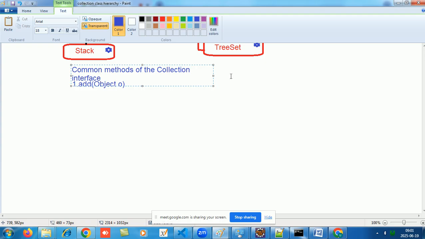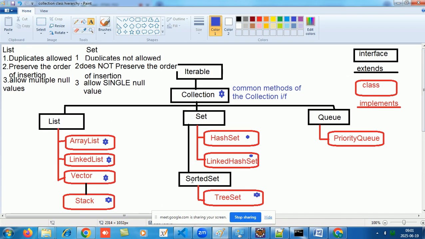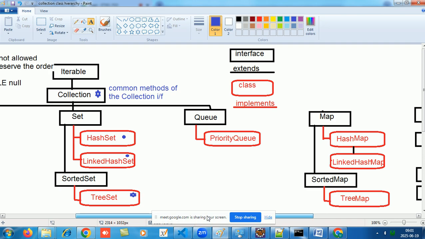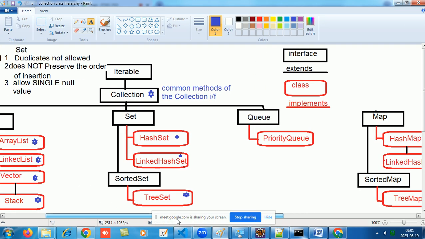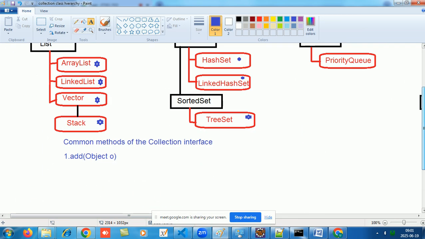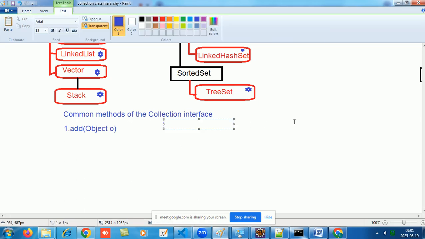So can I use add with the HashMap object? No. Why no? Because it does not inherit from Collection. Yes, this doesn't inherit from the Collection interface. So to add an element into a HashMap, we have something called the put method. So this put is exclusive only to